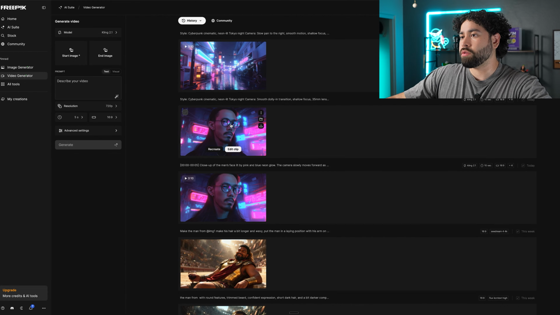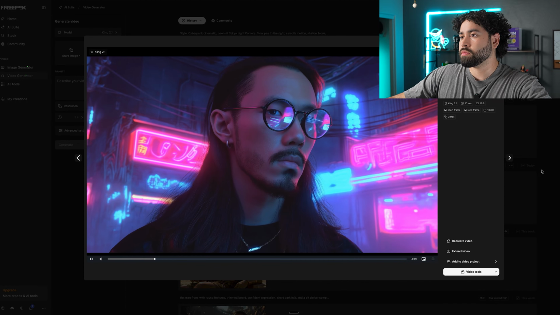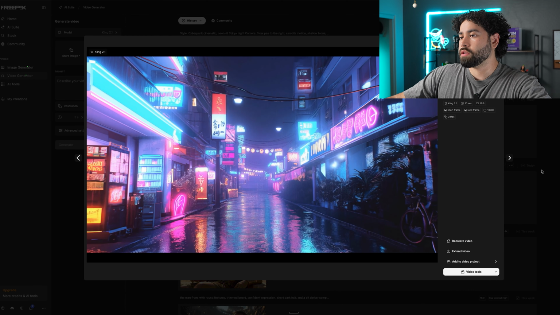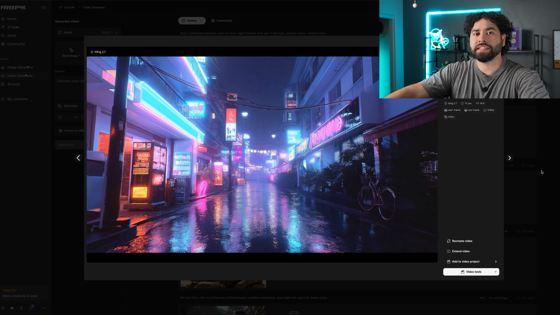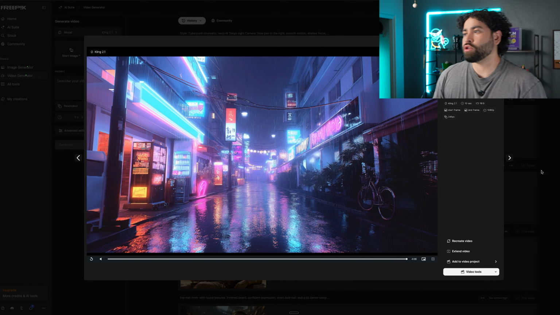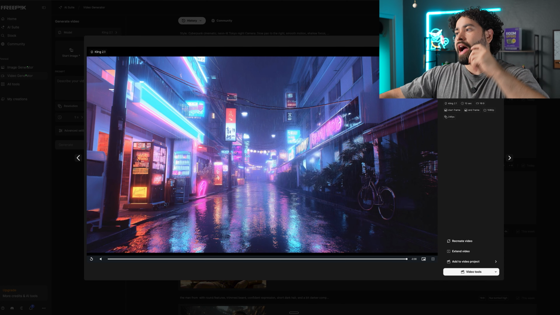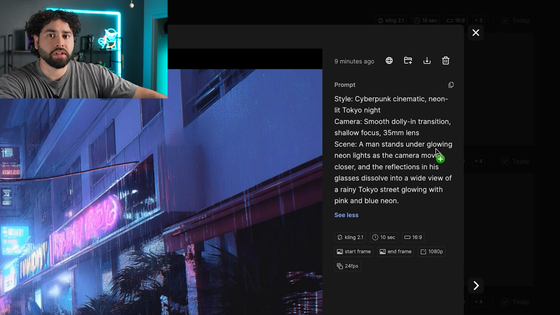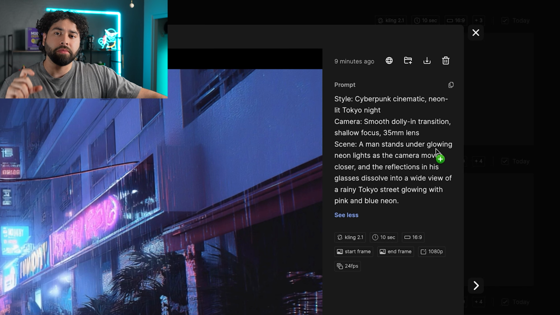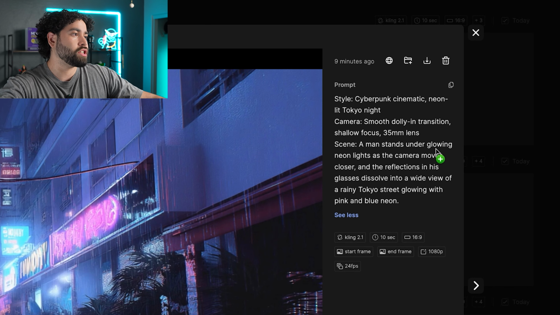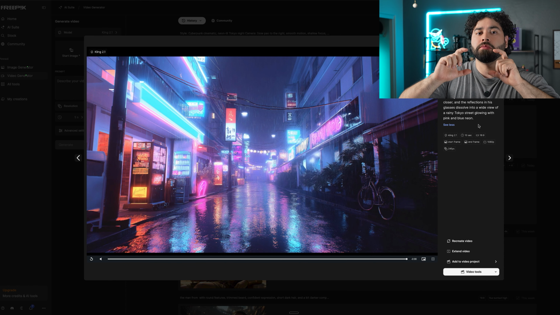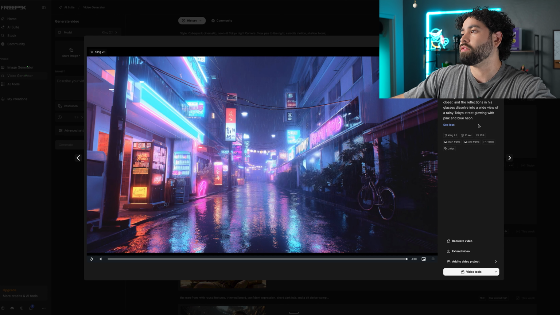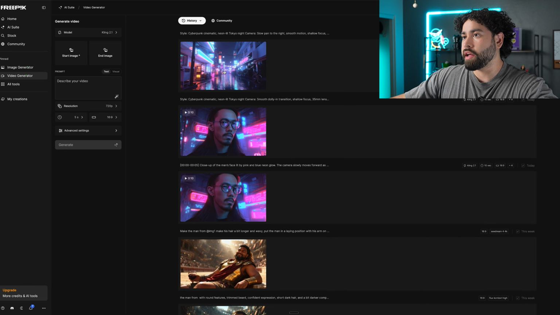All right, let's go for the second one. So you can already see the smooth transition you can make. So you have to be very, very descriptive of how you want it. So you can see dolly in transition, shallow focus, 35mm lens. So make sure you know the lens, the type of angle you want, the transition. So imagine you were actually filming it. Make sure you have a shot list or whatever you want so it becomes very good, so when you put it together it makes sense. And for the last shot,